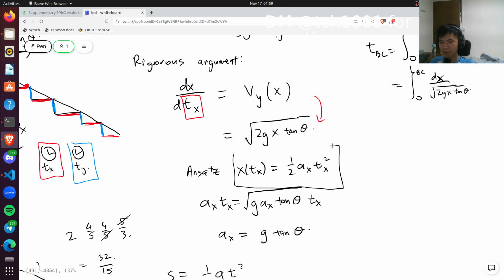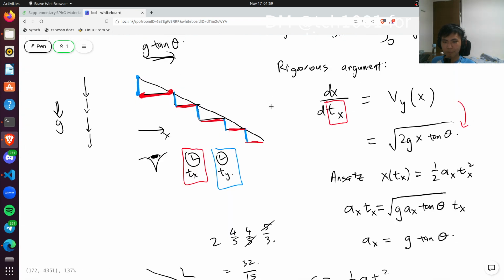If I put the ansatz x as a function of tx equals some acceleration times tx squared, then plug the ansatz back into the differential equation and solve it, I get an expression for ax equals g tangent theta. So what this means is that if we not only used our stopwatch to record the times, but